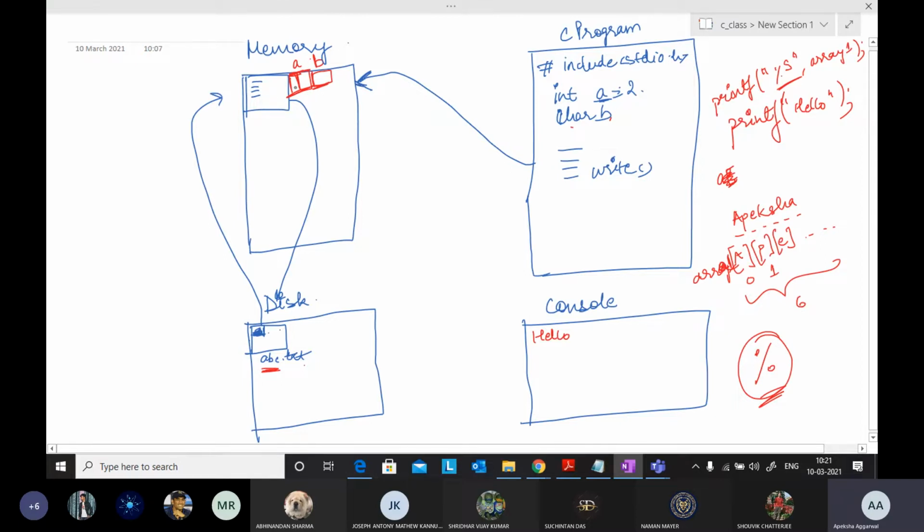Those names are just given to those bytes, because we know everything in memory, in a computer system, is stored in binary. So maybe 1 byte or 2 bytes, 8 bits or 16 bits are allocated, and we give names to those 16 bits. So whenever we use a equals 5, that 5 will be stored in those 16 bits only. Okay, so this is the work of a variable.